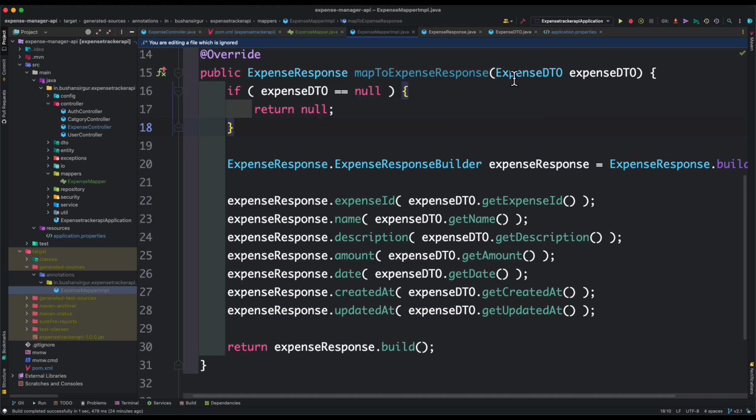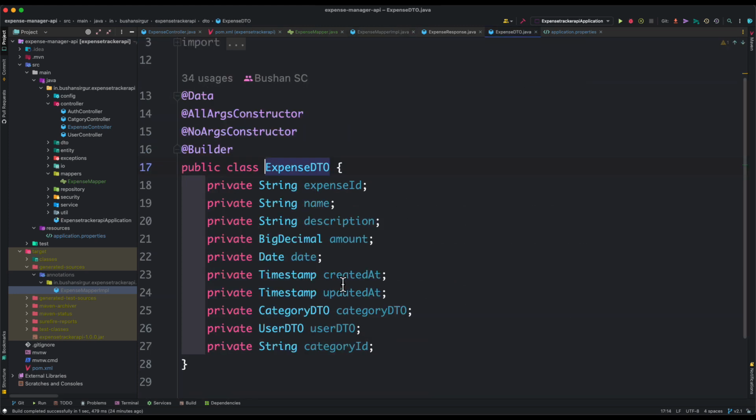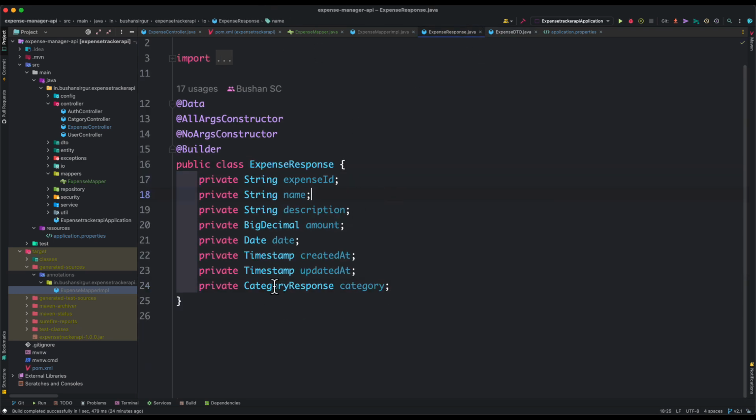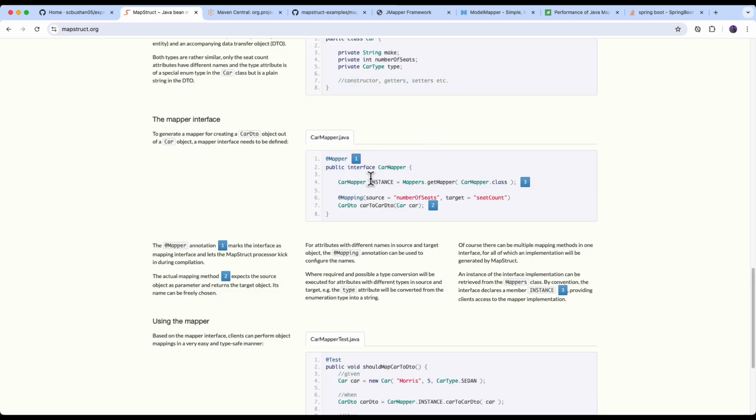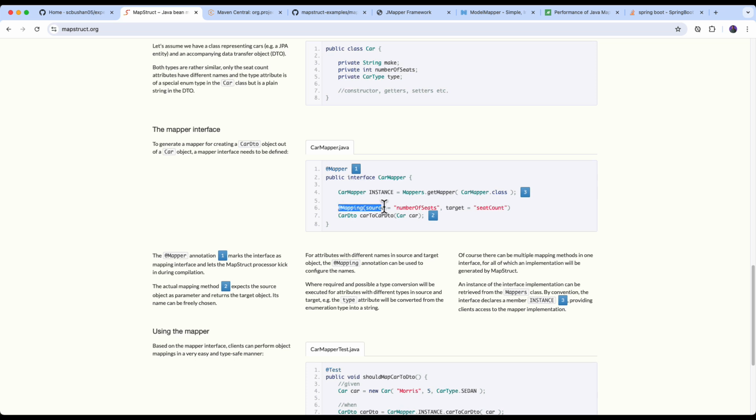That is because inside this expense DTO, the field is category DTO, and inside this expense response we have the field category. There is a mismatch between the fields. That is why it is not able to copy the values for this category as well. If there is a difference in the field names or the property names, we can tell explicitly to the MapStruct library. So let's go back to the browser, and if you look at this, we can use this add mapping